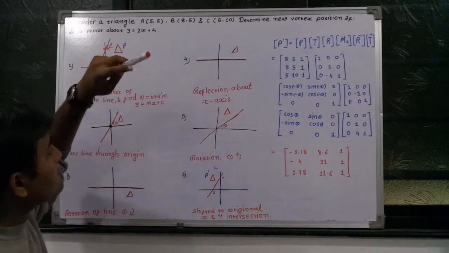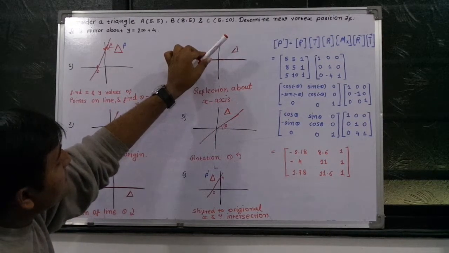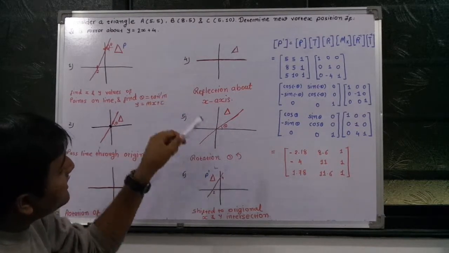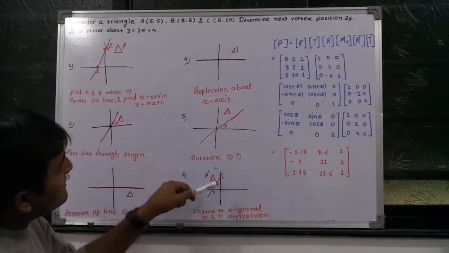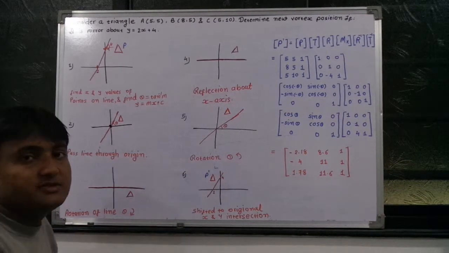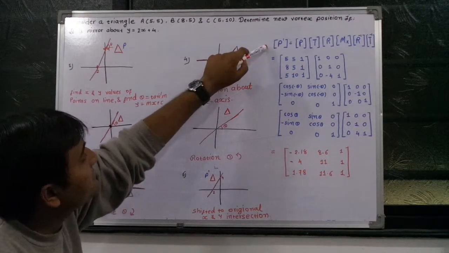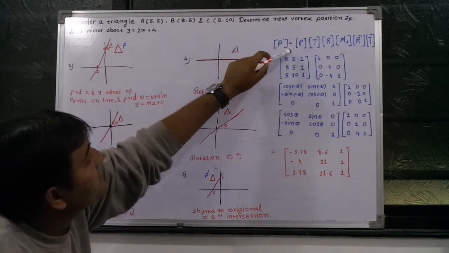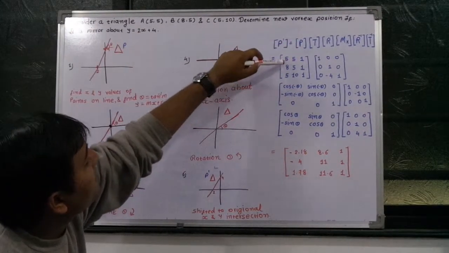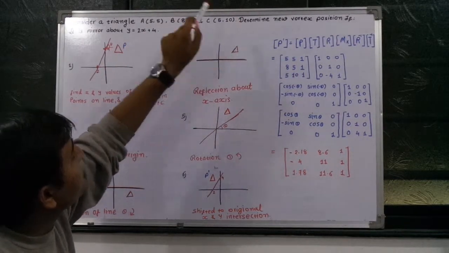Okay, now we need to reflect this line up to angle theta. So I am putting that angle as theta. The line passes through the origin and now I take the anti-clockwise rotation, and then we need to shift from point 0 to point 4, which means translation by positive 4. So from this point of view, P dash matrix is obtained by considering first the P matrix. The P matrix is 5, 5, 1; 8, 5, 1; 5, 10, 1. How is it obtained? The points 5,5, 8,5 and 5,10 are given in the data.